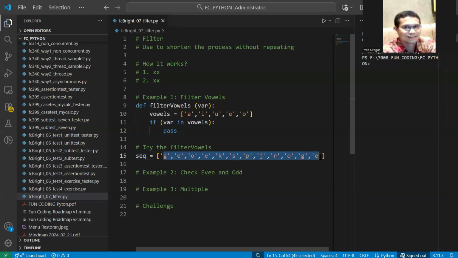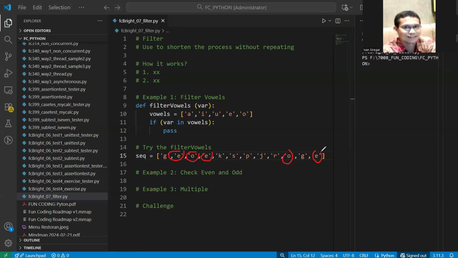If yes, it will display all of the vowels here, which based on this example will be E, O, and E, because these are members of the vowels list here.